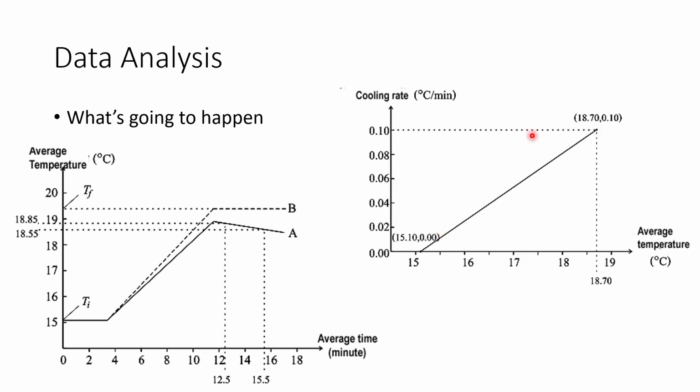And then you need to determine the maximum cooling rate. The maximum cooling rate is when the thing is hottest. So right here, you have the hottest part of the measurement. To estimate the highest cooling rate, you need to find the slope between this point and this point. So by finding the slope right here, you can start estimating the maximum cooling rate.